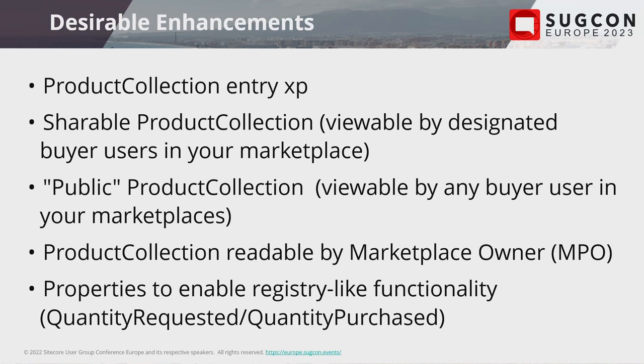And this is the list of things that they are working on. In the product collection, there is no extended property at the item level. Without that, you cannot really create a feature like save list, where you have to have quantities at the item level. You cannot share the product collection, which is extremely important for this kind of feature. These are some of the features they are working on, but there is no timeline.